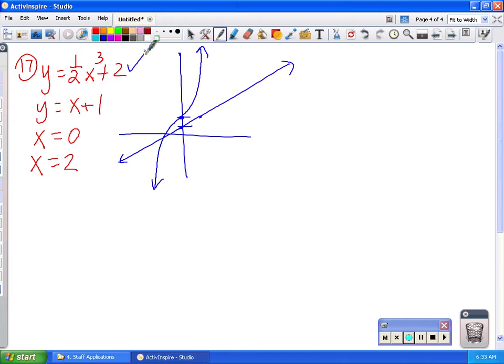Okay, so I graph the cubic, I graph the line. Now, x equal to 0 is a vertical line. I'm going to draw it in red. So x equal to 0 is this. And x equal to 2 is the vertical line